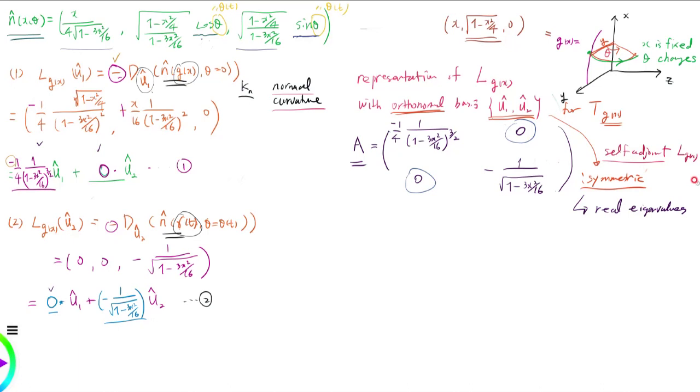So we don't need to worry about having complex imaginary eigenvalues. And then each eigenvalue, it turns out there are two eigenvalues, let's say k1 and k2. Each of the two eigenvalues is nothing but the maximum and minimum value of its normal curvature on the whole direction